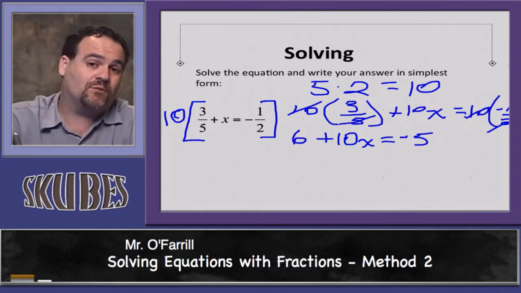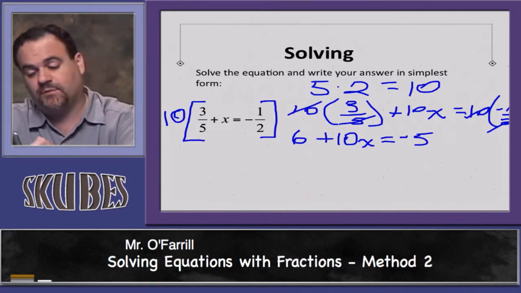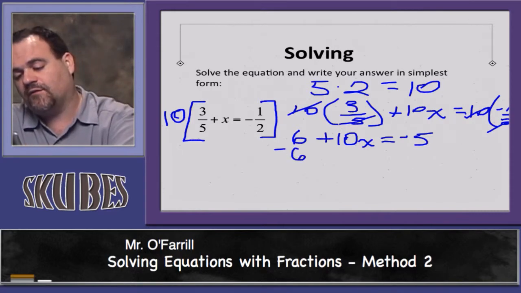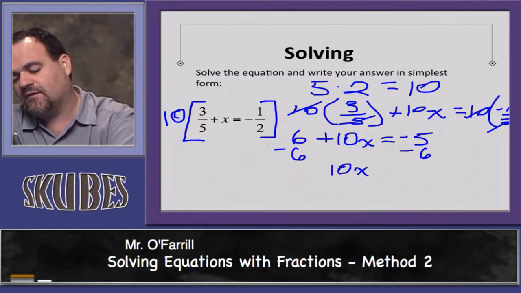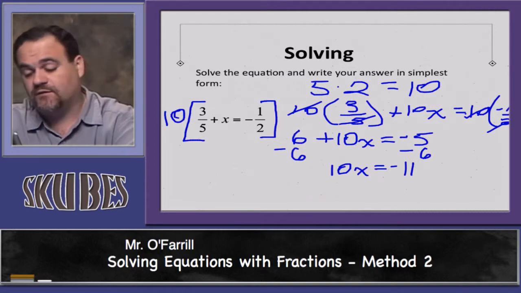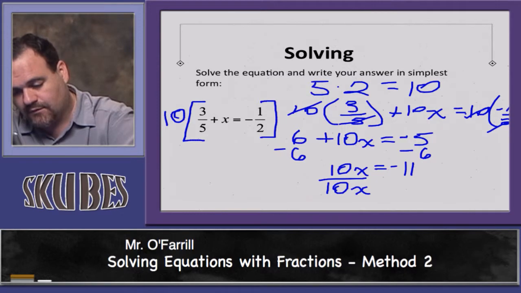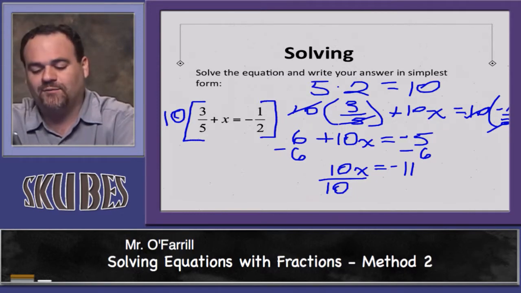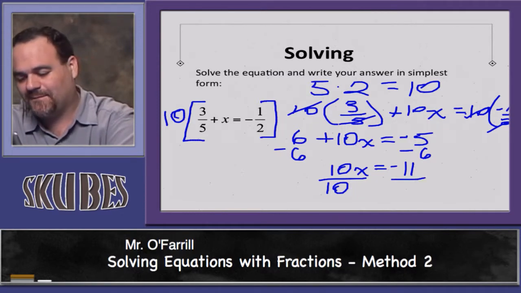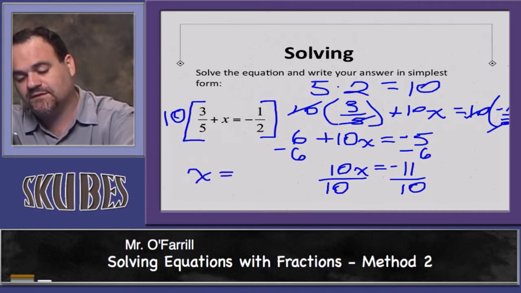We have a problem just like the ones we've worked in the past. We'll begin by subtracting 6 from both sides. That gives us 10x equals negative 11. Divide both sides by 10. And just like before, we're going to find that x equals negative